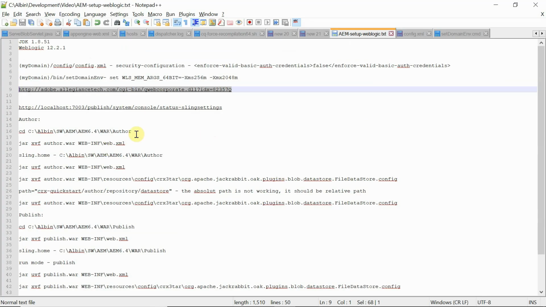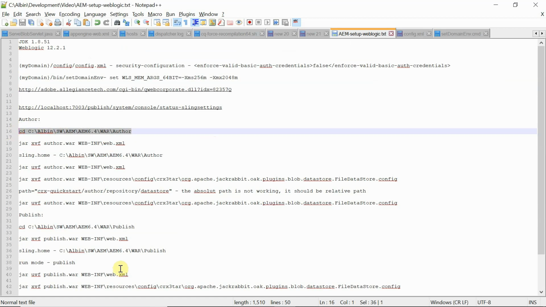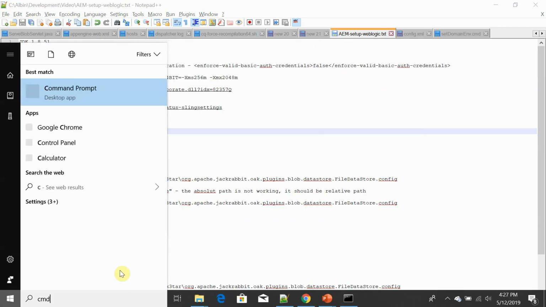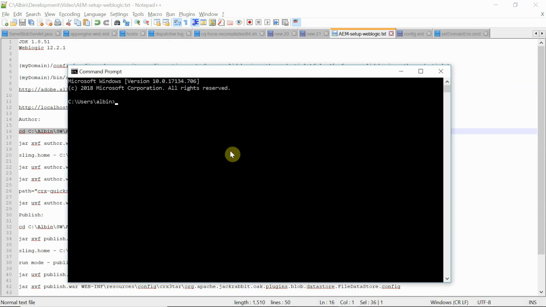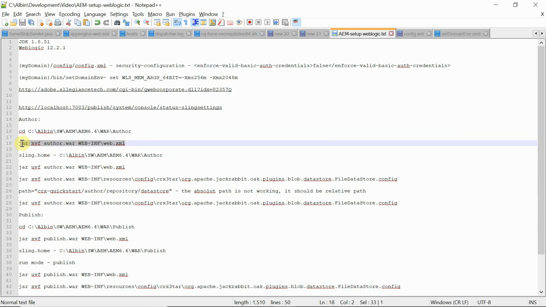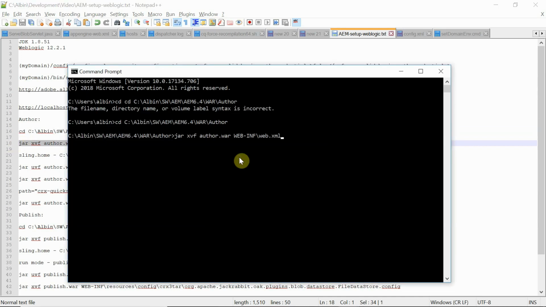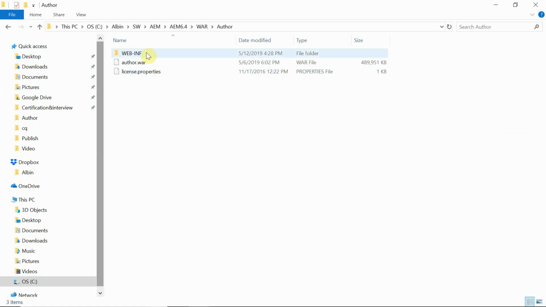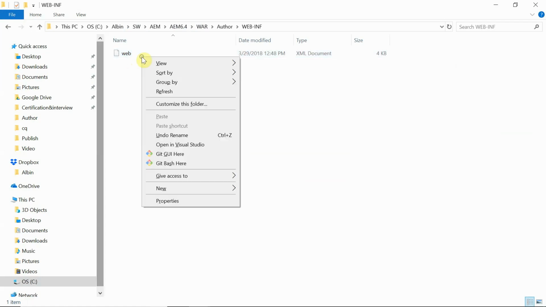First, for author, let me go into this folder. Sorry, I put the cd twice; I already had the cd there. Okay, now I want to extract that particular file, the .xml. I extracted it, and now I will go and change it. It will create a lineup folder here.